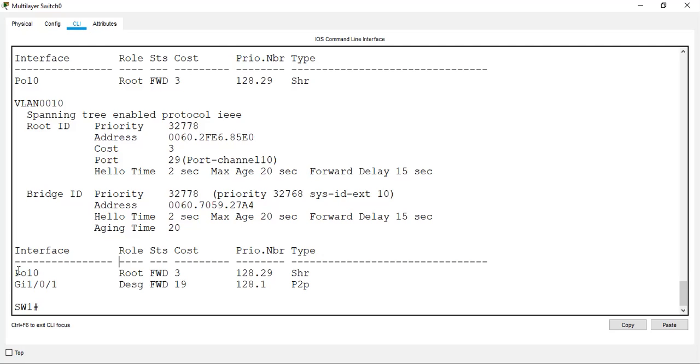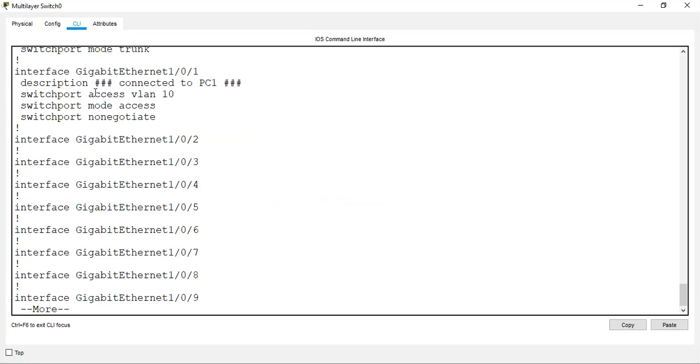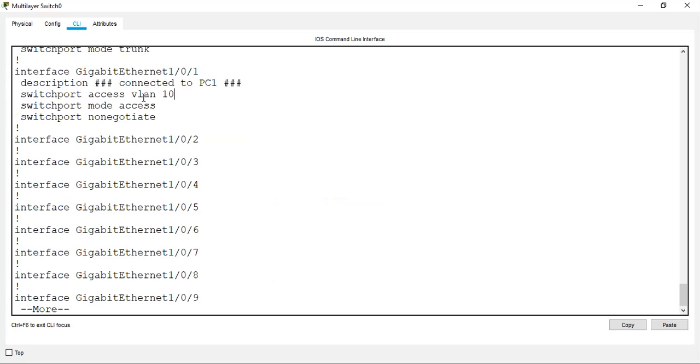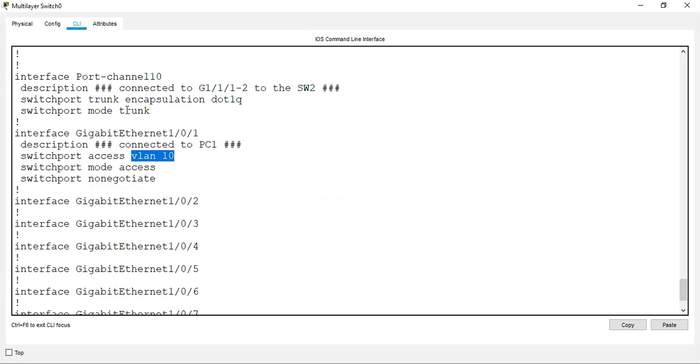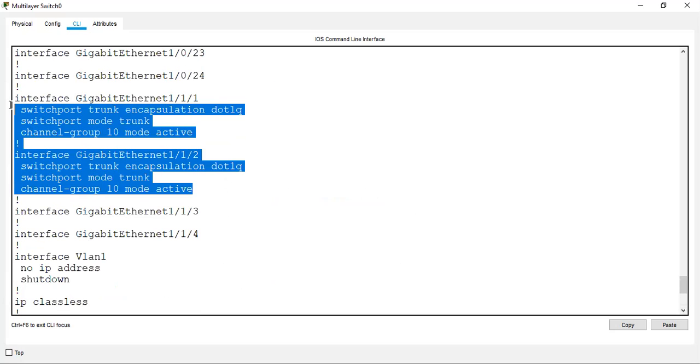So let's say G1/0/1 show run. You can see that G1/0/1, which is connected to PC1, is under VLAN number 10 as an access port. And port channel 10 will have physical ports 1 and 2.